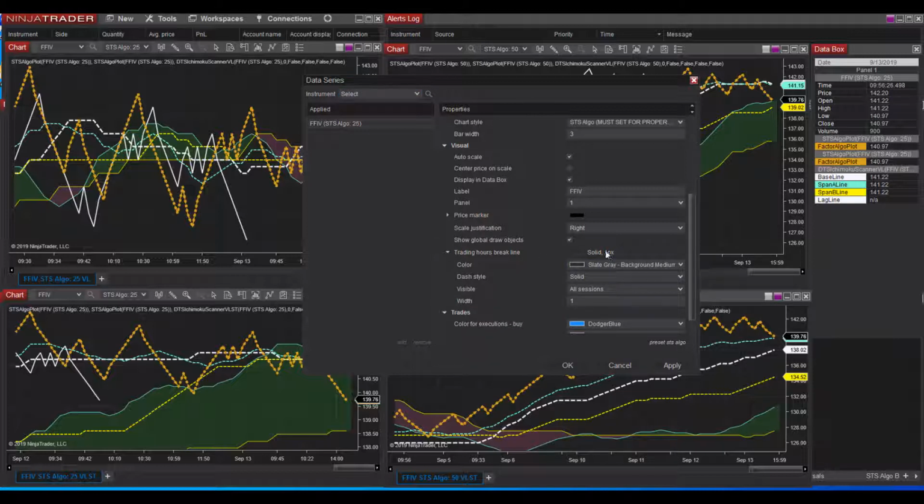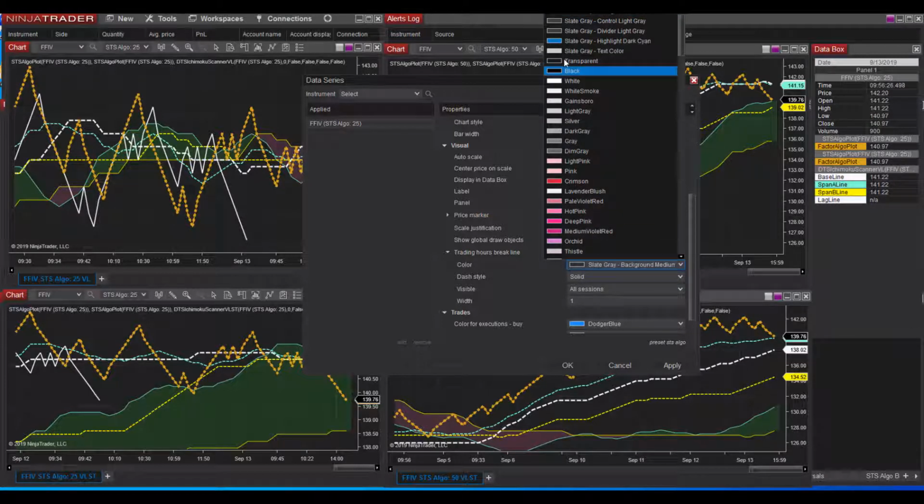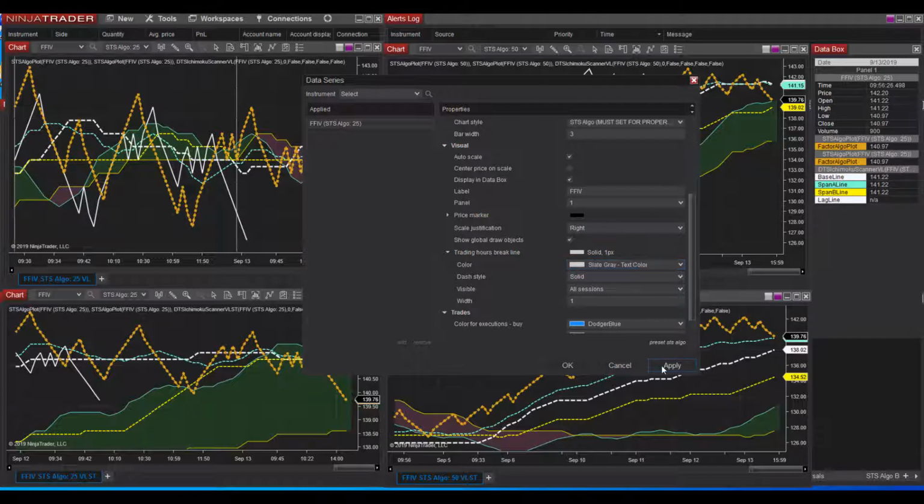and you can see they have it set to the transparent color. We're going to make it a darker gray just by going down, like the slate gray text color would be good. And you see that just show up on the line on the chart there as a day break. But now I'm going to change it. I want it to be